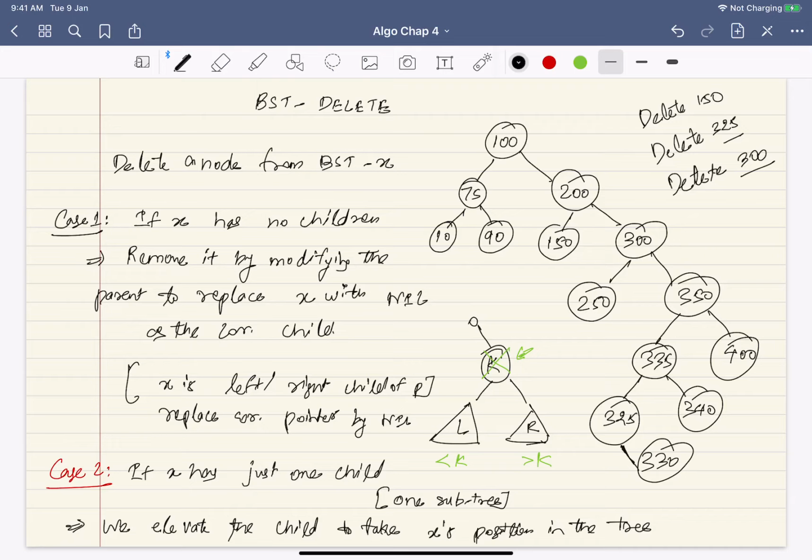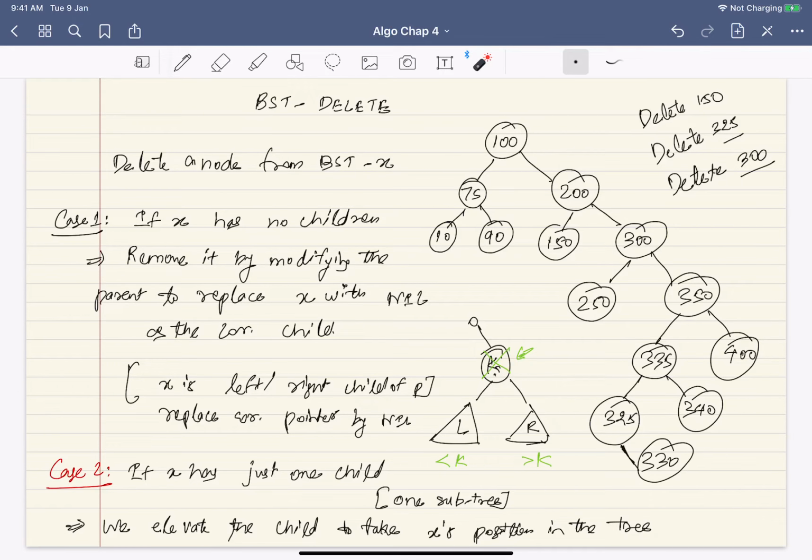Now what should you do so that you make minimal changes to the structure, and you don't have to move things around a lot? We can use the idea that suppose this value is k, all the values here are less than k, all these are greater than k. Suppose I find the successor of k.